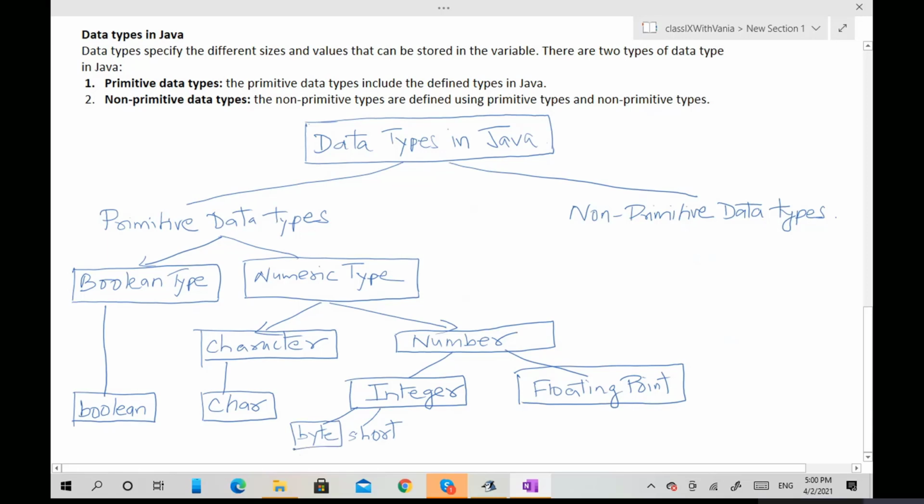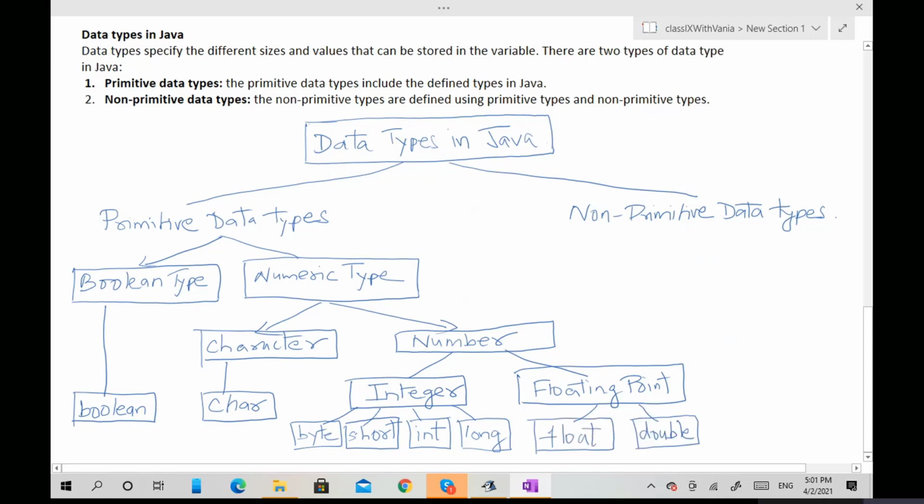Byte is one keyword, short is another keyword. The third type is int. You have used int in class 8, I think. Then there is another type called long. Then in floating point, we have two types. One is called float, another one is called double.